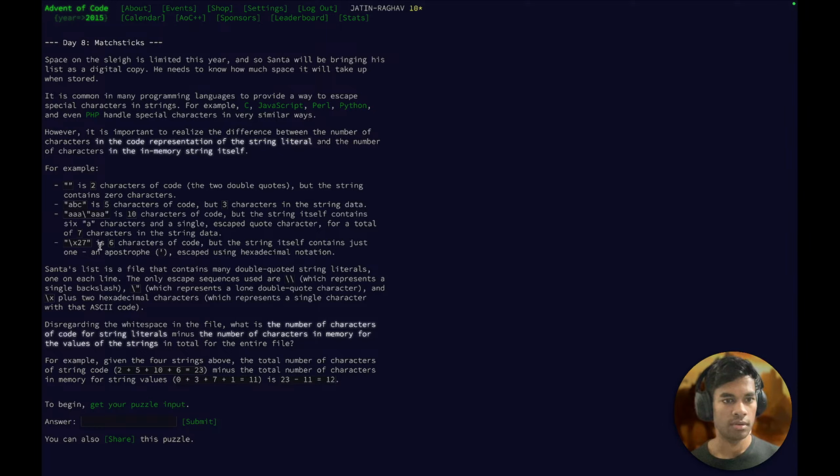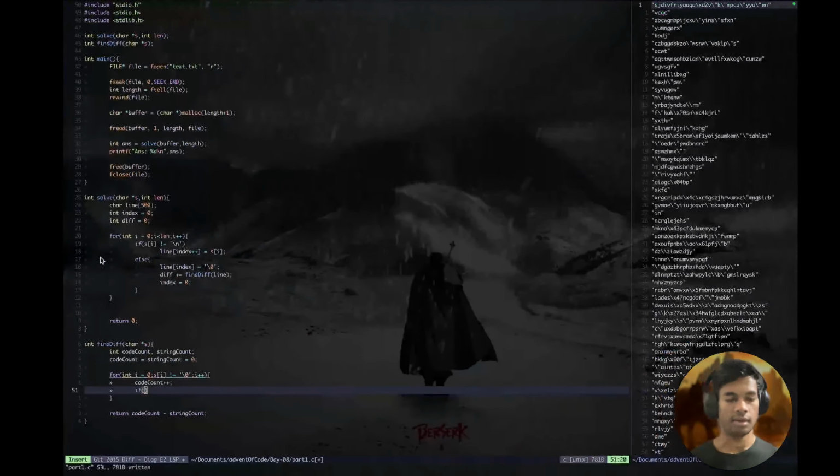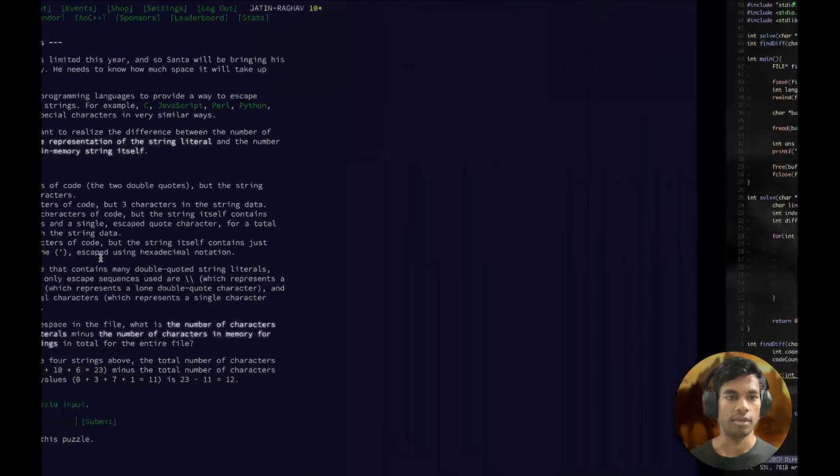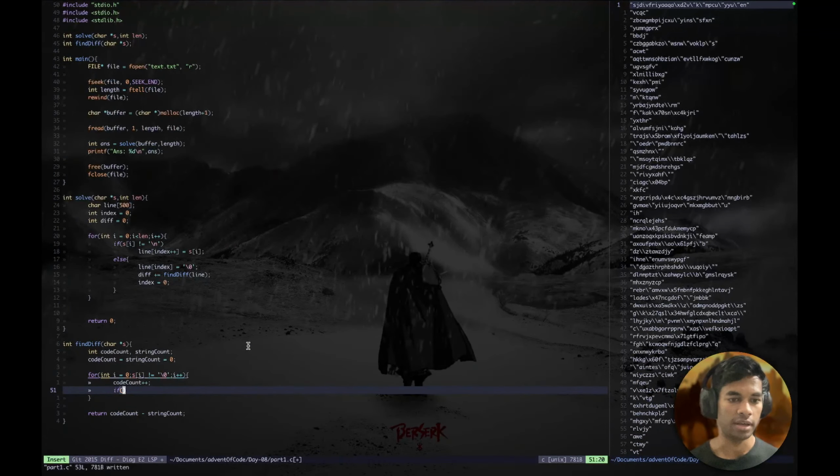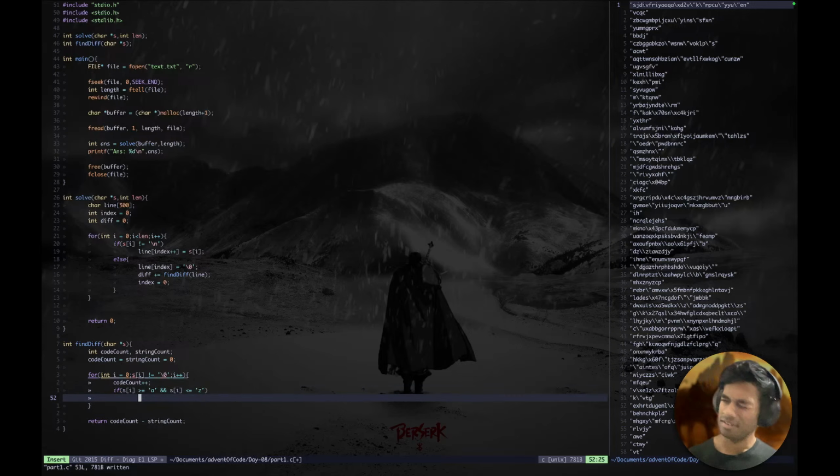That is this. Alright. And then after that I will see if it is a backslash and handle the slash thing. Right. If si greater than or equal to a and si less than or equal to z, that is, it is a character, then I will do